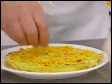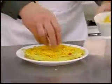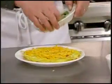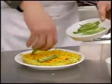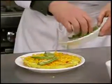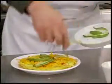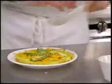And now we're going to finish it with our other items. Our cheddar cheese, and now our avocado. You can arrange these in a pattern to make it more attractive, or you can have them diced and lay them in there. You can use as much or as little as you like, and then we can actually come back and garnish